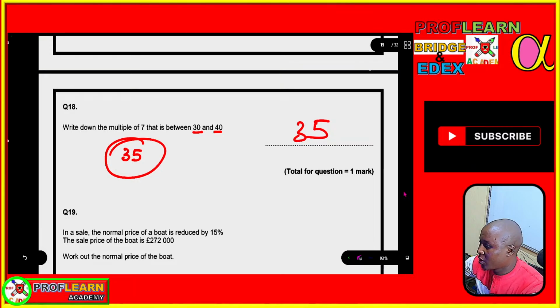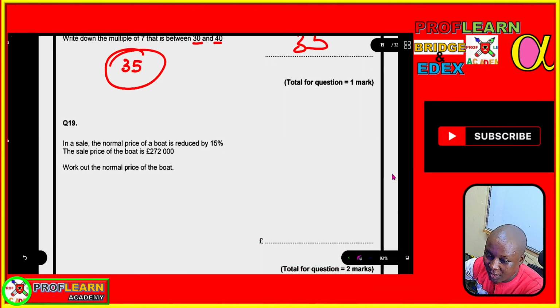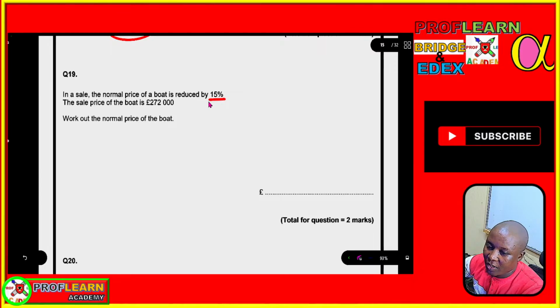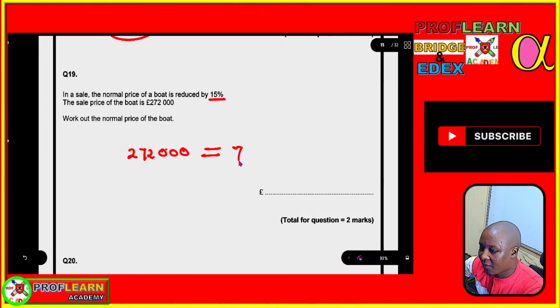We move to question number 20. Question 20 says, in a sale the normal price of the boat is reduced by 15%. The sale price of the boat is this. What's the normal price? So we are going to say 272,000 is equal to